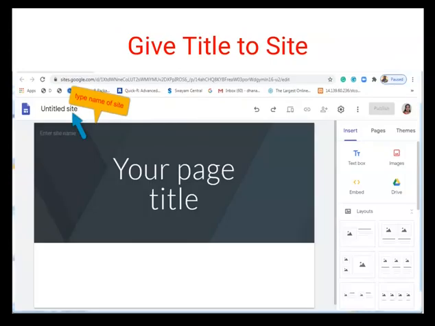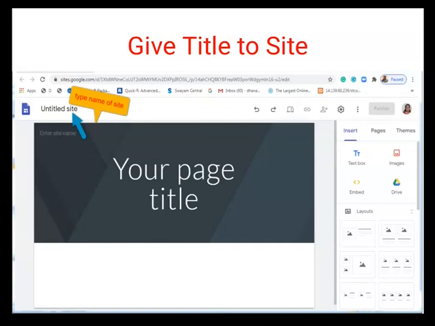this particular page where we need to give the title to our website, where we can see "Untitled site". There we need to type the name of the site. We can choose according to our requirements.